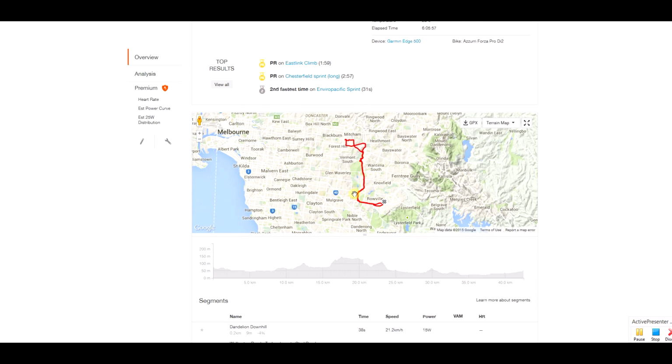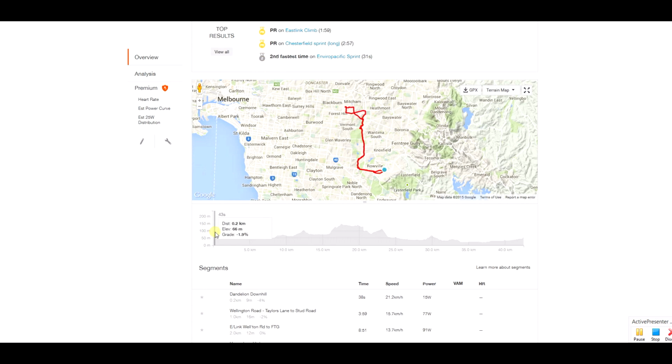So here's a map where it shows you exactly where you've been. And here's the elevation map, and as you move it, you can see the little blue circle going up the map, so it shows you exactly where you were, exactly where you went,